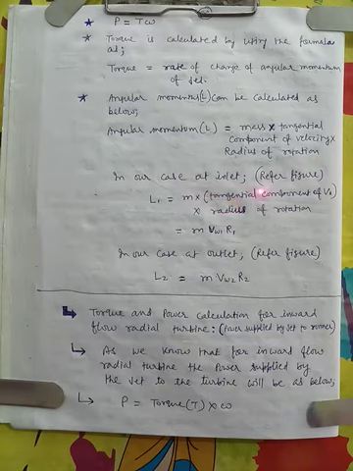So at the inlet, by referring to the last page figure where we made the inlet and outlet velocity triangles, the angular momentum at the inlet will be, suppose m mass is impacting, mass into tangential component of v1 into radius of rotation,